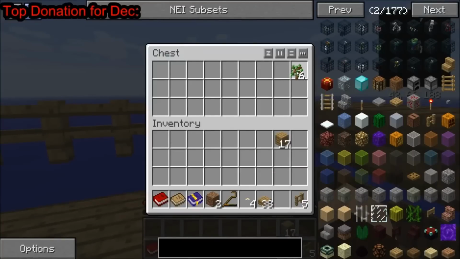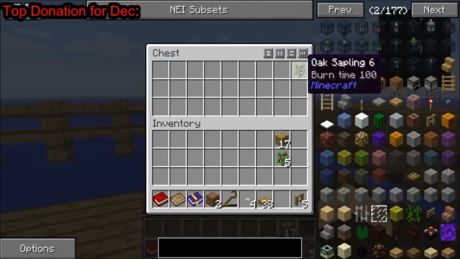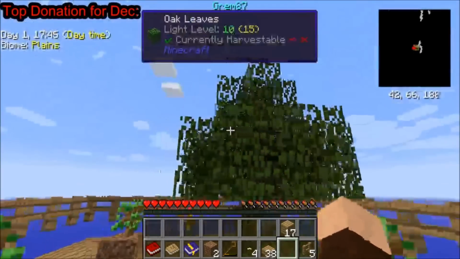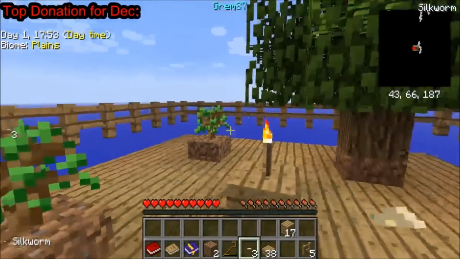We're gonna take one sapling and we're gonna set it aside, because that sapling is never going to get touched. That is our backup sapling. No matter what we do, that sapling is going to sit in there, and if you don't do that, you're going to regret it. So we're going to infest this tree